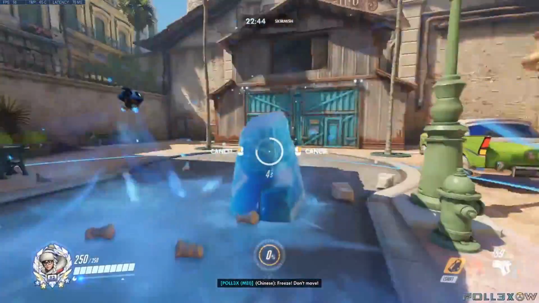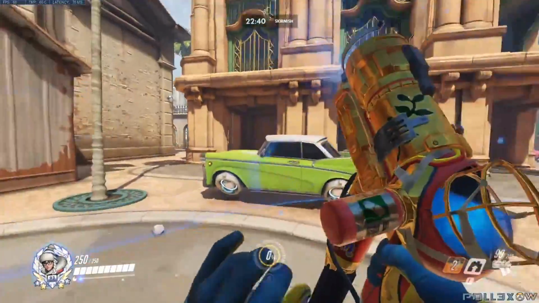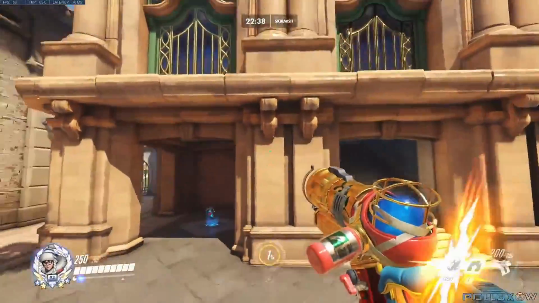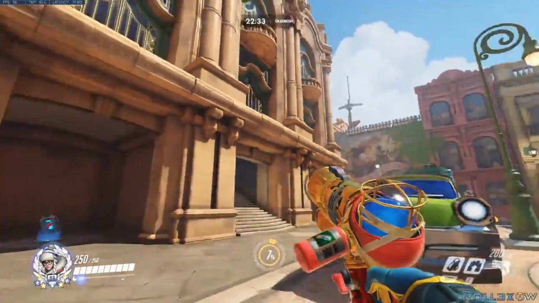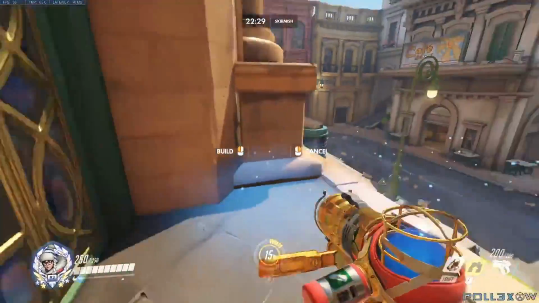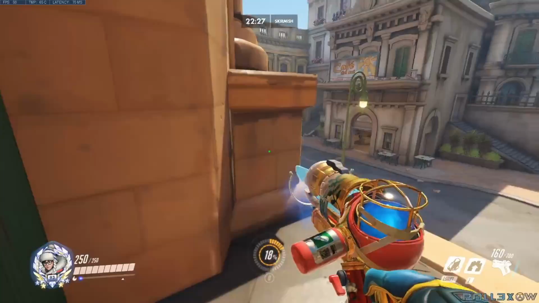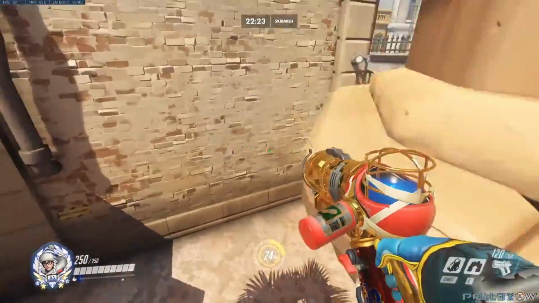Get down here, ice block, let them freeze, come out with your team, take out as many people as you can. Alright, so from down here, you can also use those ledges just like we did on the other side. It's the same height all the way around. Right here, it's a spot where you can